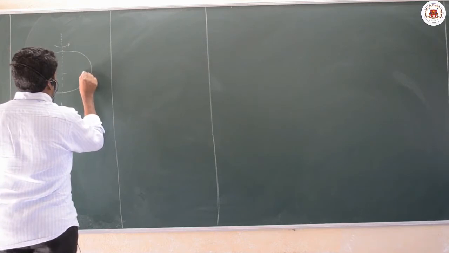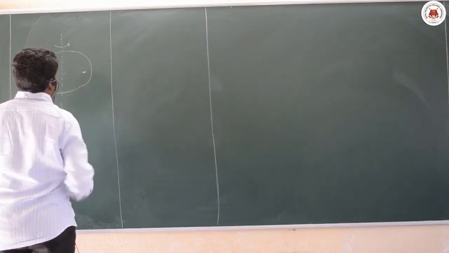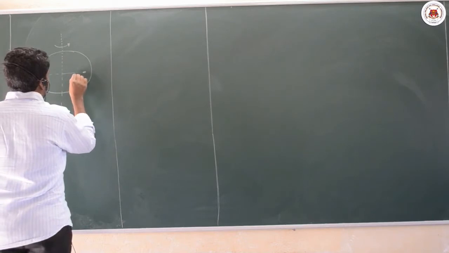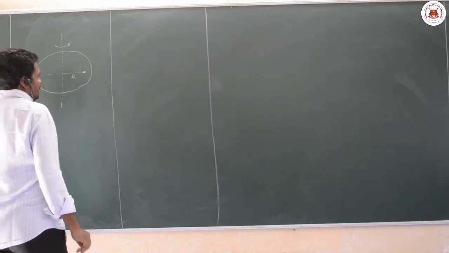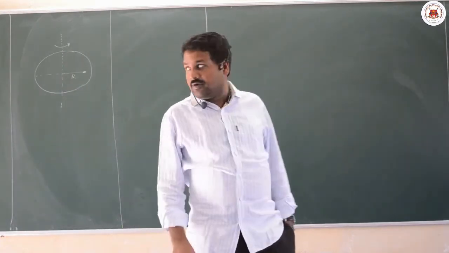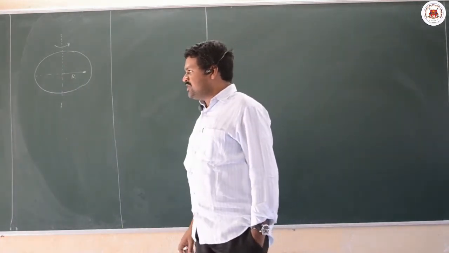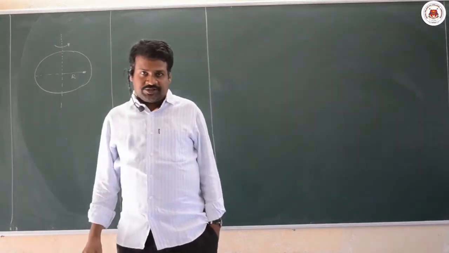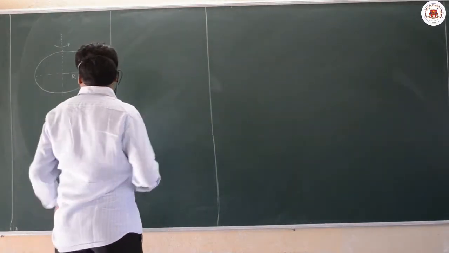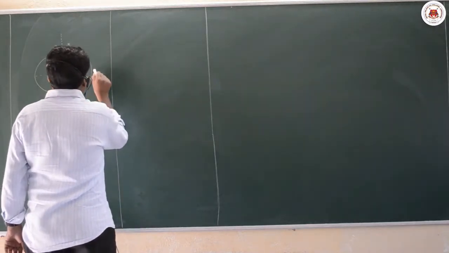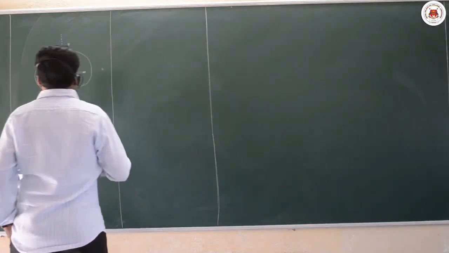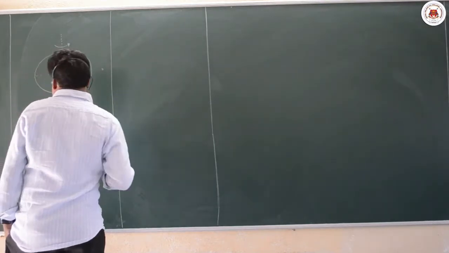A coin is placed at a distance r from the axis of rotation. The coin which is placed is at rest. What is the condition? Because when it is rotating, this coin is not going out of this disc. What is the condition for that?